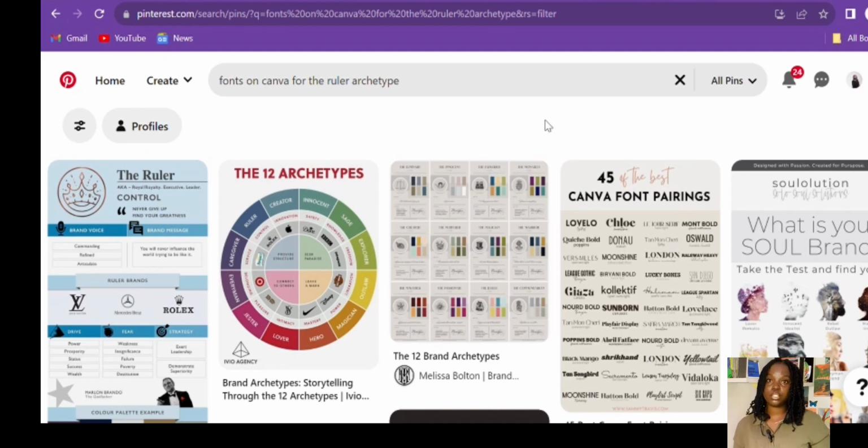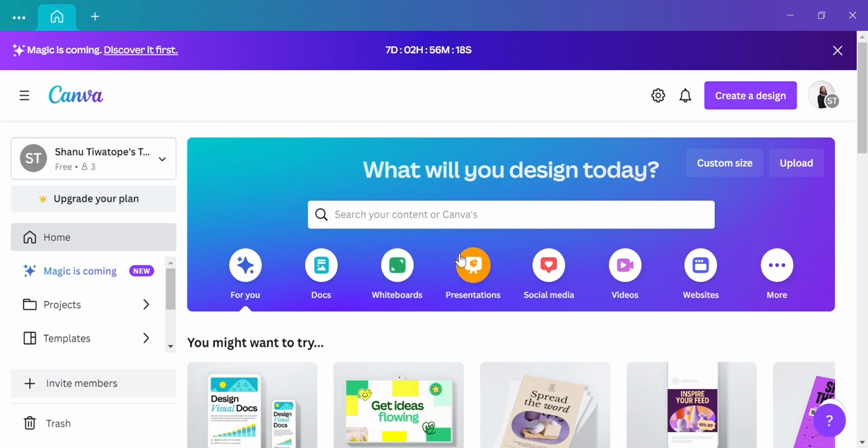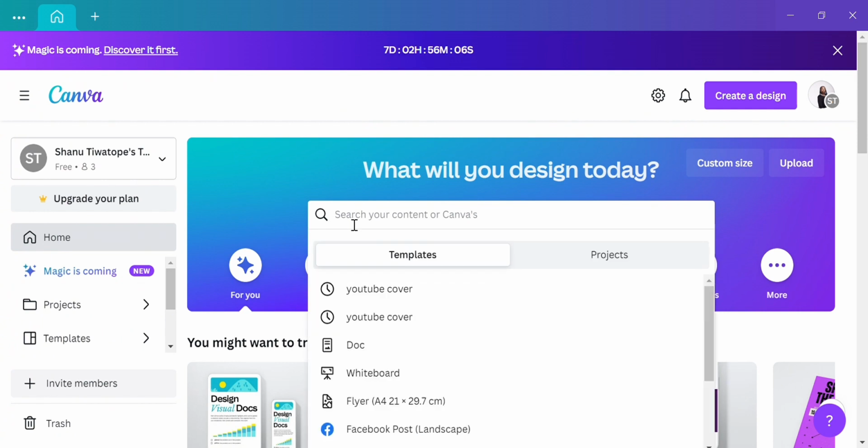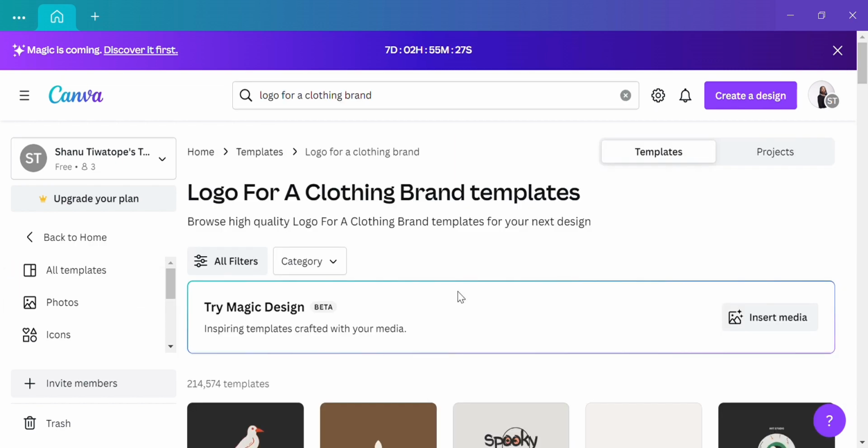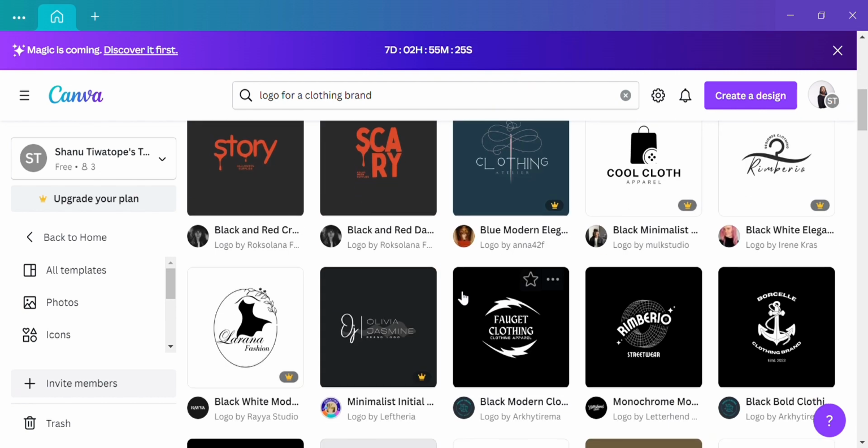If you do, make use of a professional graphics designer, but if you don't, you should use Canva. Let's go to Canva, guys. So this is Canva, and the features are pretty much the same with the mobile version. You can as well make use of your phone. We want to start with logo. You can just search for logo ideas or logo templates rather for a clothing brand. These are the results. Let's select one.